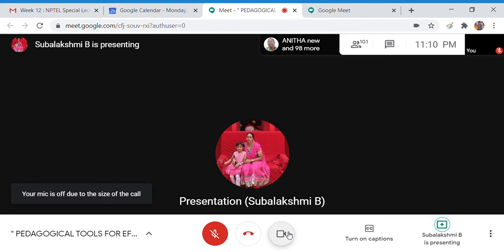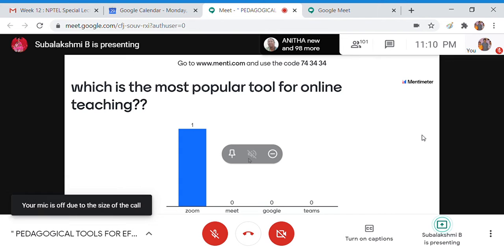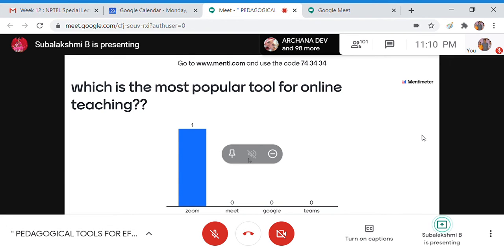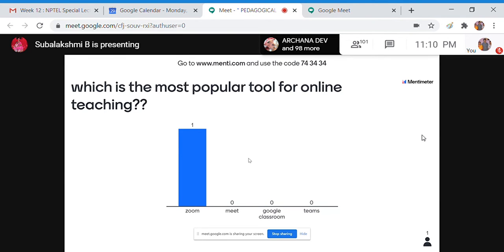And then you have to select the option. We'll see which is going to be the most popular tool preferred by all of us. I want every one of you to join this session.